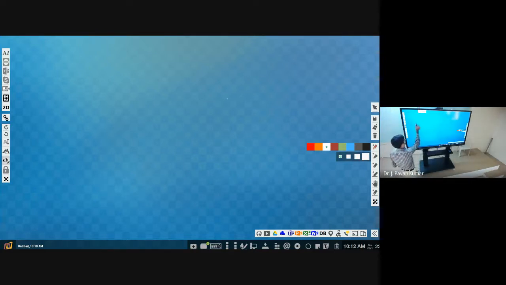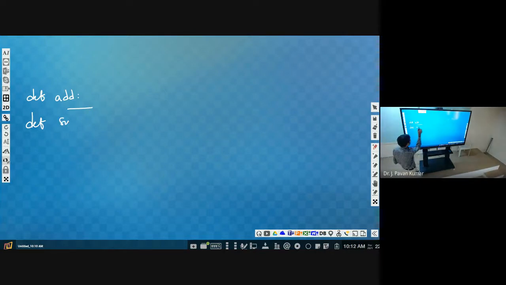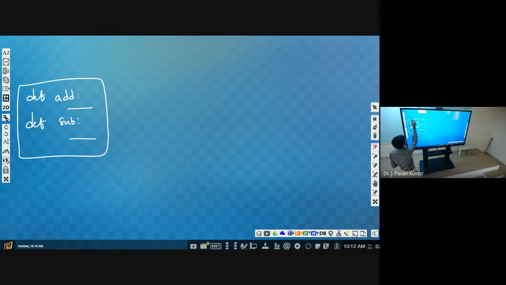Suppose you define two functions, add with some definition, and subtract with some definition, and we save this file as module1.py. Then this is considered a module. Here we need to have parentheses.